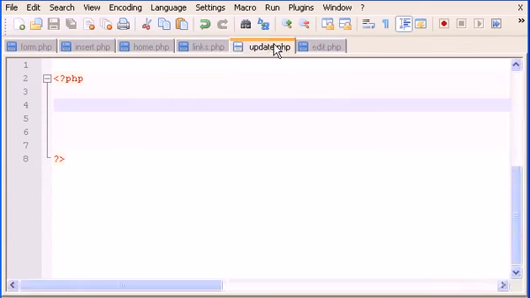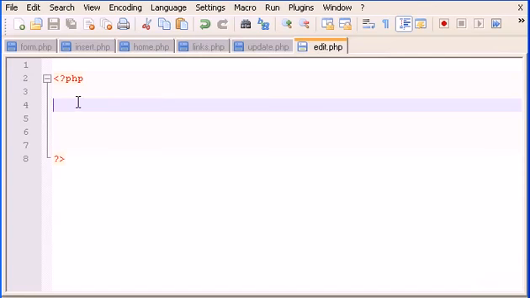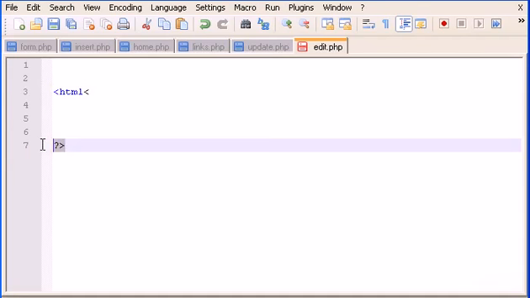PHP edit.php. So let's start the script, and now just type and copy what I'm doing now, which is, first of all, let's take this PHP out because this is going to be,